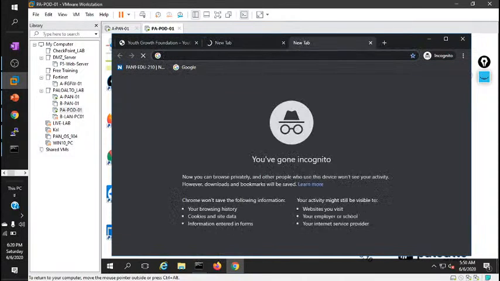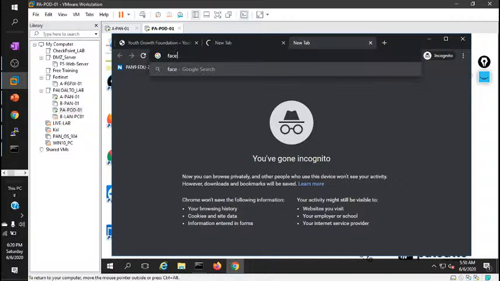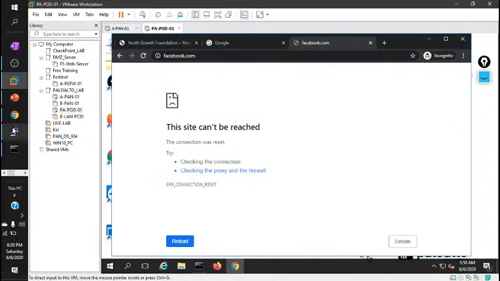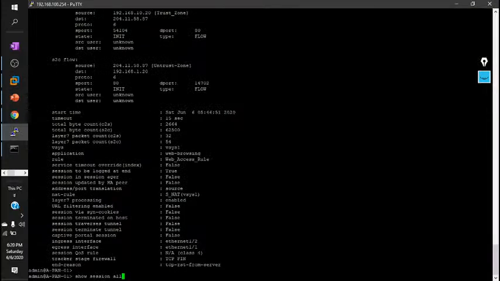Google.com. Meanwhile, let me open it also. Okay, guys, we are able to see Google here. That means we are able to open it. But for this Facebook,